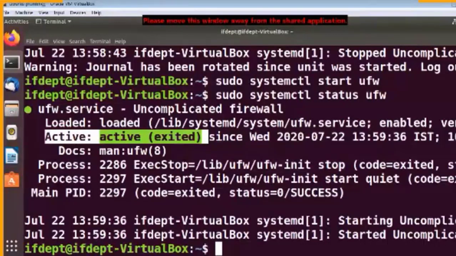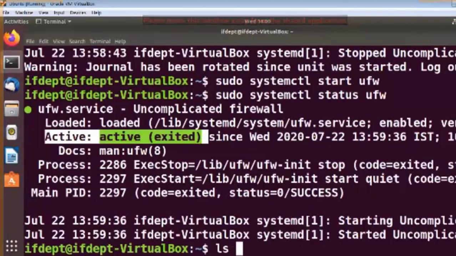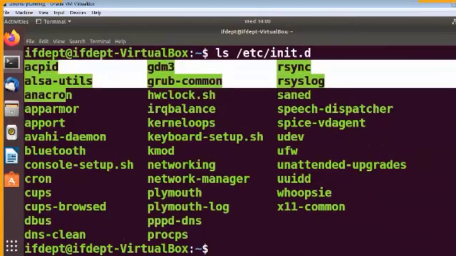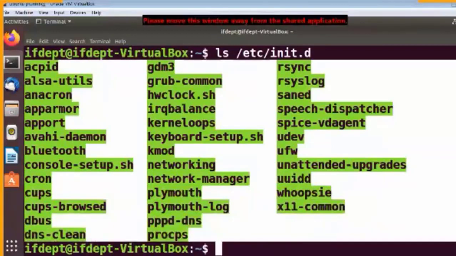Now I will show you one more method to do all this thing. Now say suppose again I want to know which are the services that are running in this Ubuntu operating system. So I will type there ls /etc/init.d. Okay, so press enter. See again whatever commands that were displayed by this services status all command, all those services are again here listed. So this is another way to know which are the particular services, right?